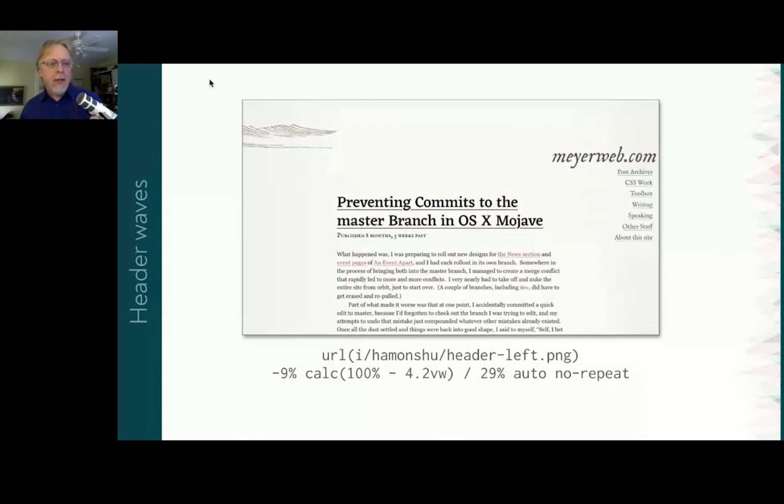This actually turns out to be, in terms of the width, about 29% as wide as the header. So that 29% auto makes it 29% of the width of the header element. And then the height is auto scaled to preserve the aspect ratio of that image. So next I added a different wave image on the right, pinned to the bottom right,